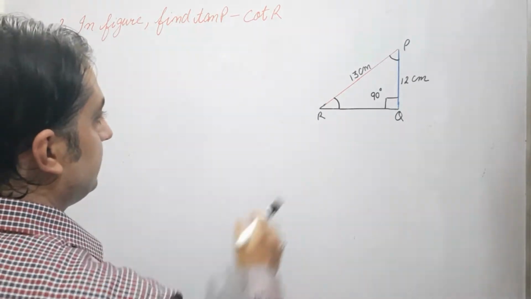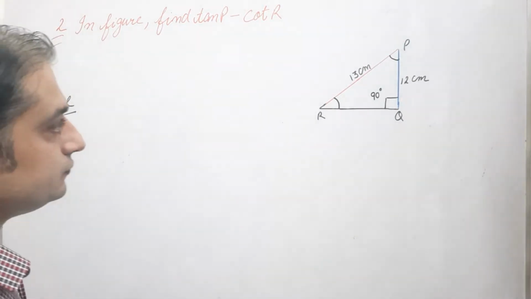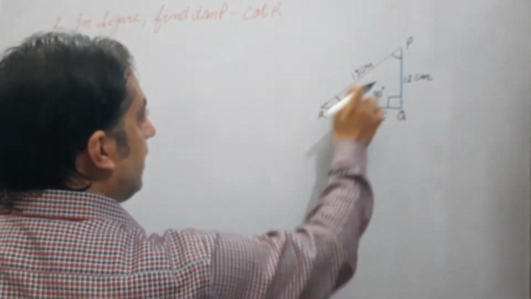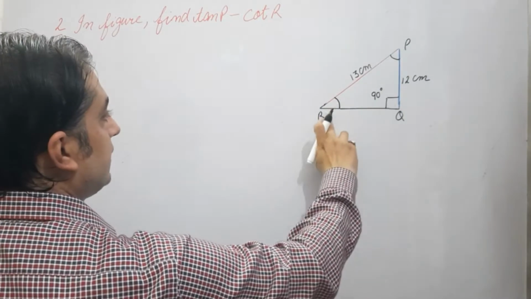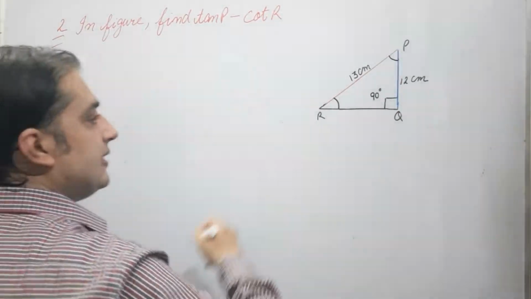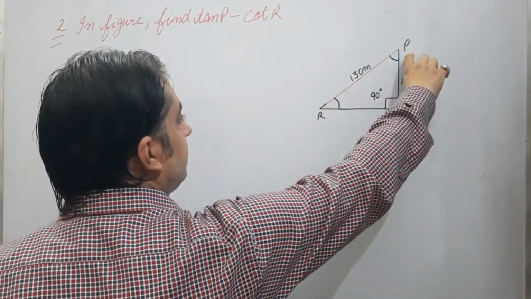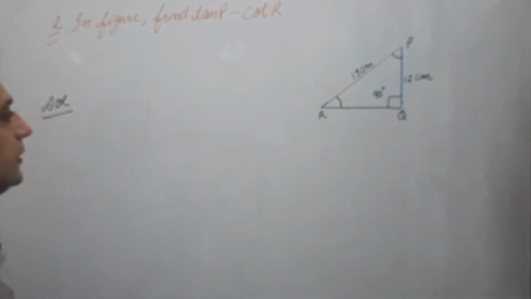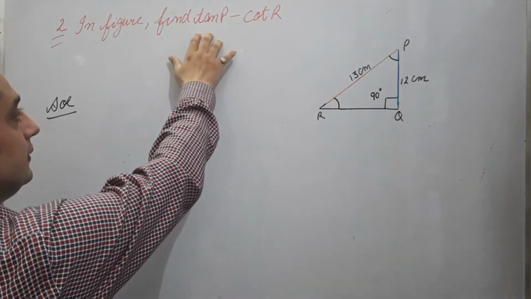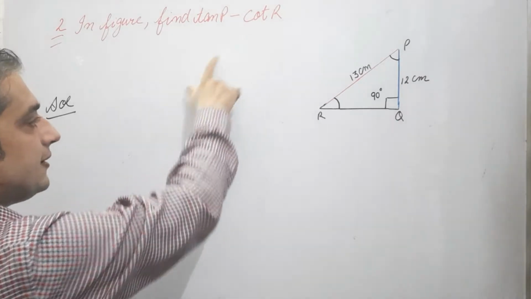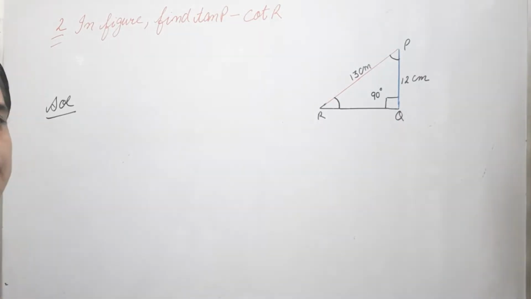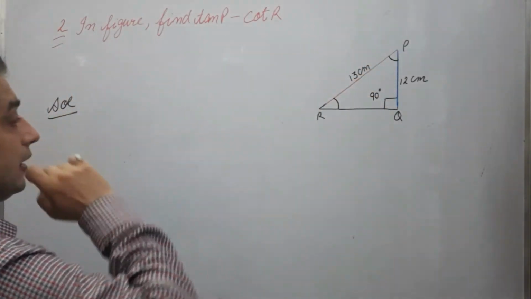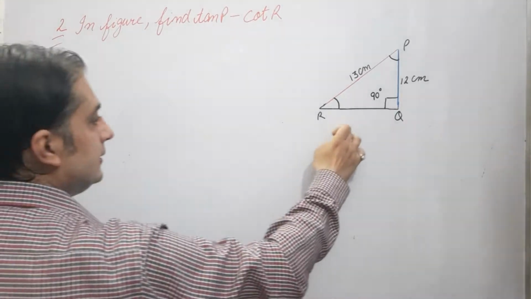The figure of the triangle is given, that is PQR, and R and P are acute angles. The lengths of two sides are given: PQ is given, PR is given. So the length of hypotenuse is given. In the case of tangent and cotangent, we require base and perpendicular for angle P and angle R. So first find the third side, that is RQ.